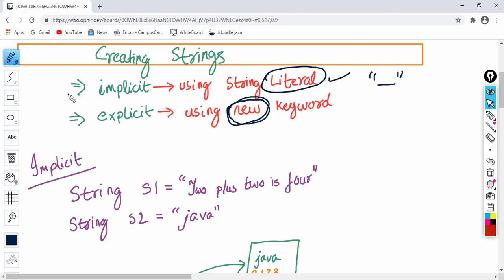When you create a string in this manner, that is known as the implicit way of creating strings. And when you create the string using the new keyword, that is known as the explicit way of creating strings.